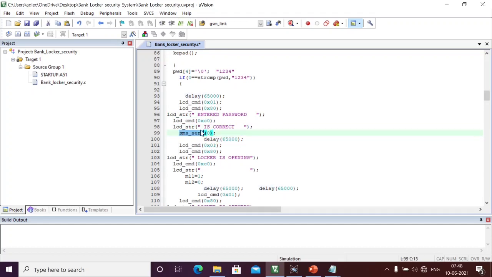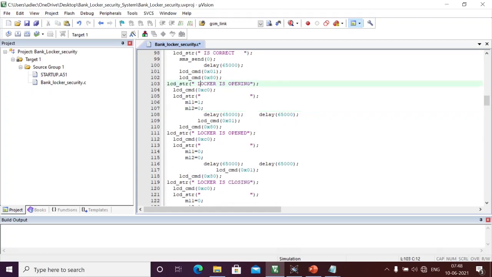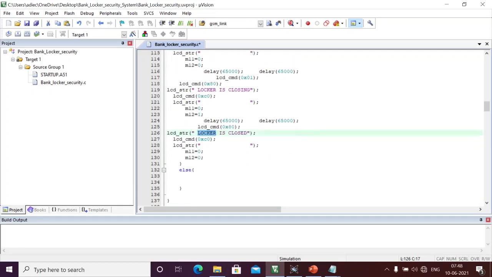After that we are going to send the message, and after this delay we are going to open the locker using 10, which means clockwise direction. I have opened the locker, and now the locker is opening. After that I will display "opened", which means we can withdraw the money, and after that it will be closing, and after the closing it will stop. We will say "locker is closed". Okay, this is the way we can write the program.